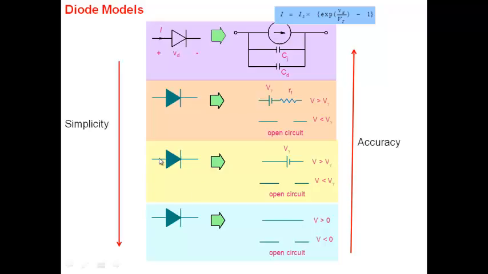On the other hand, when I'm rectifying a smaller voltage, then maybe V gamma is enough. And then there are places where you may find that you need to take this particular model into account. And of course, if you're looking at the most accurate answer, then you use the exponential diode characteristics. By the way, will you get the most accurate answer if you use this? Or can you get even more accurate answers? The most accurate answer you'll get